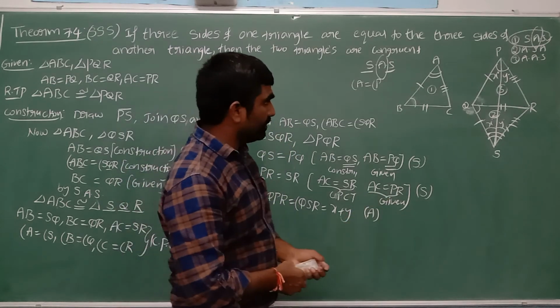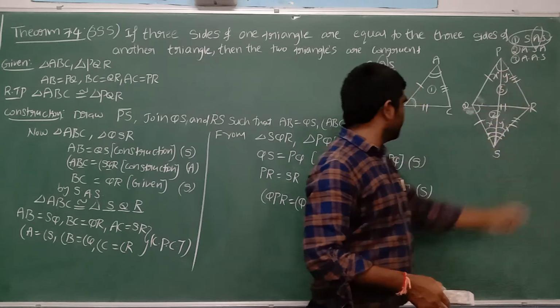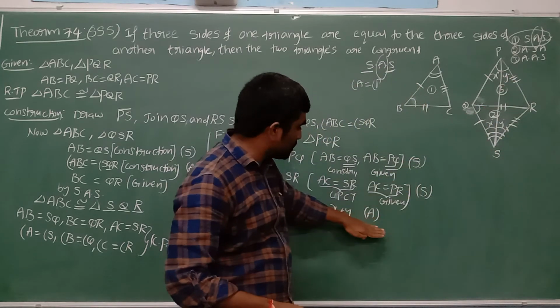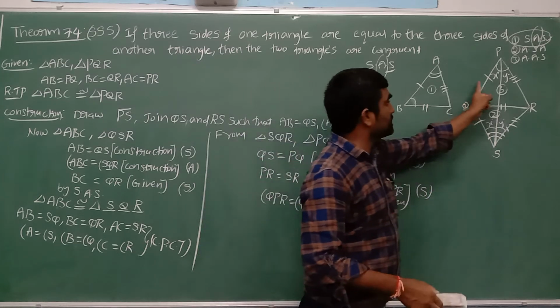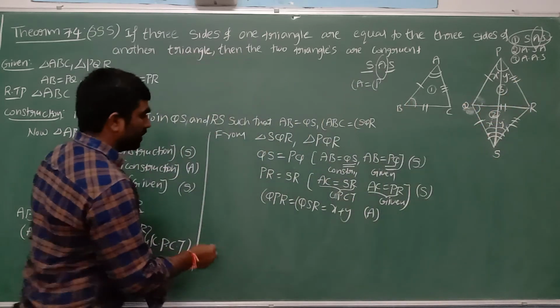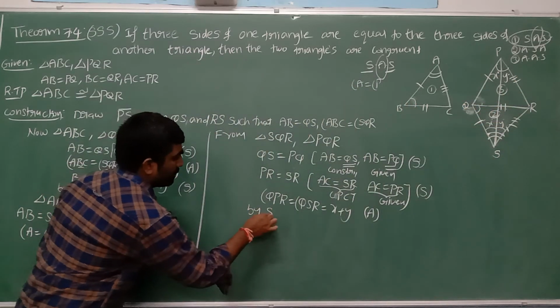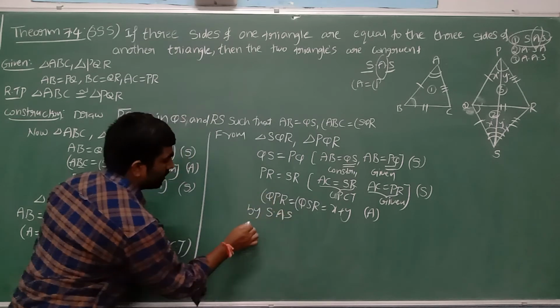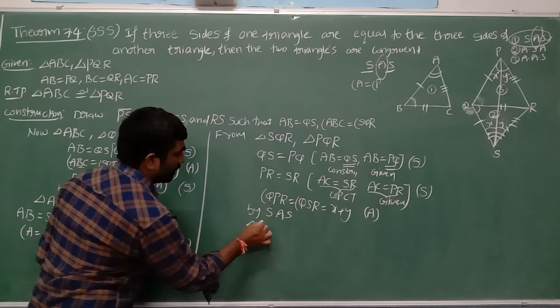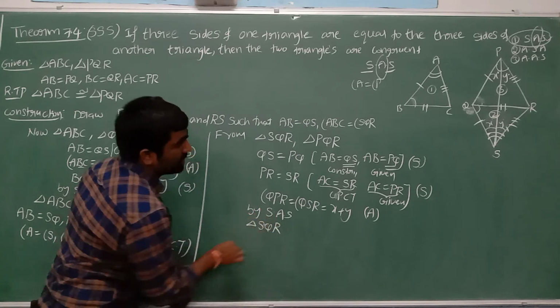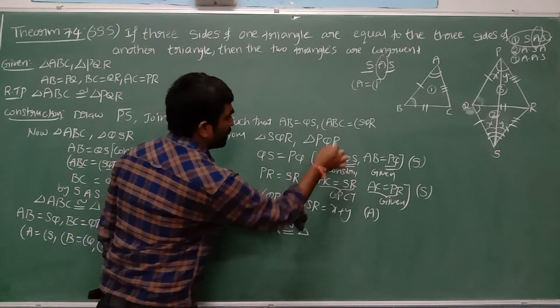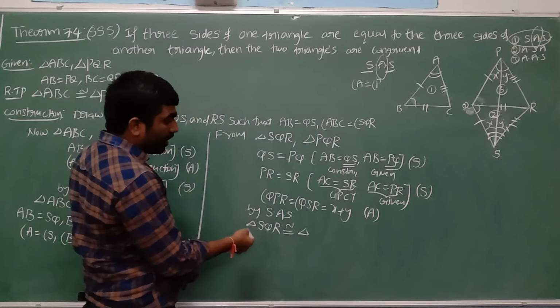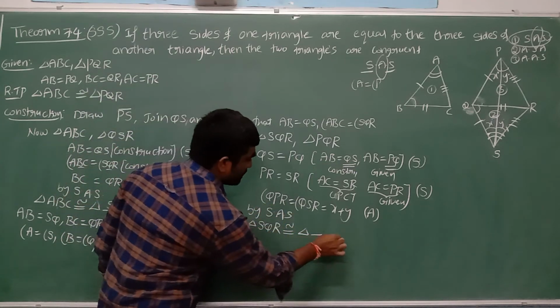Yes, so what can we write? Side angle side. Sorry, this we can write in order, in between. Okay, no issues. Side angle side. By side angle side, what can we say? Yes, now we can say that by SAS, triangle SQR. SQR means second triangle, no? Yes, is congruent to triangle PQR. How can I write PQR in order? We'll keep three dashes first.